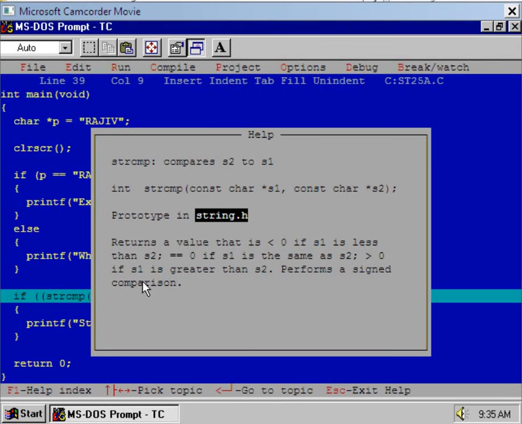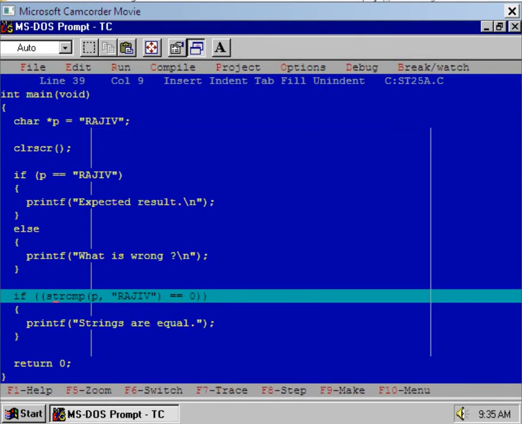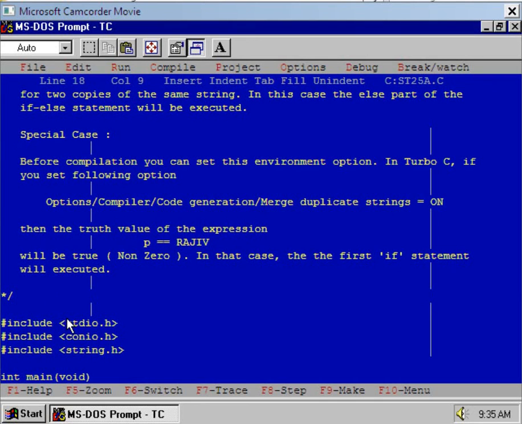Is it clear? Well, now you see, I am executing this. I am comparing P with Rajiv by using the strcmp standard library function. Here I included the string.h header file.